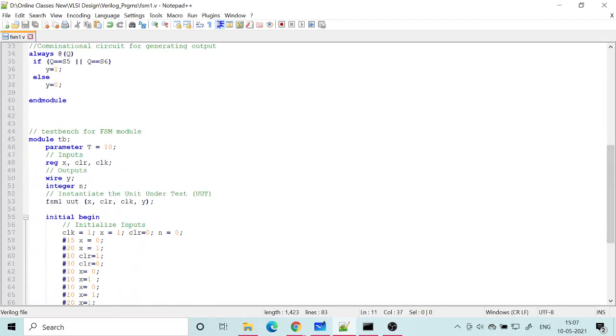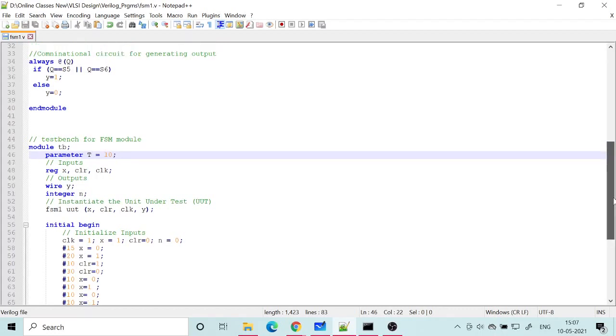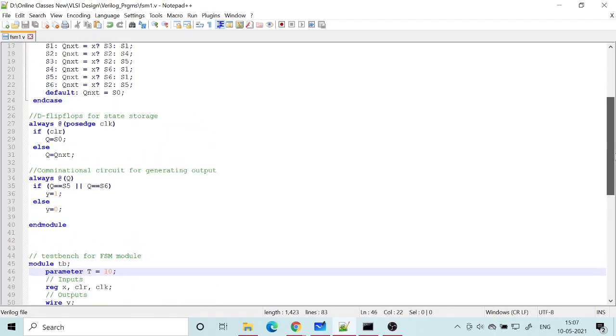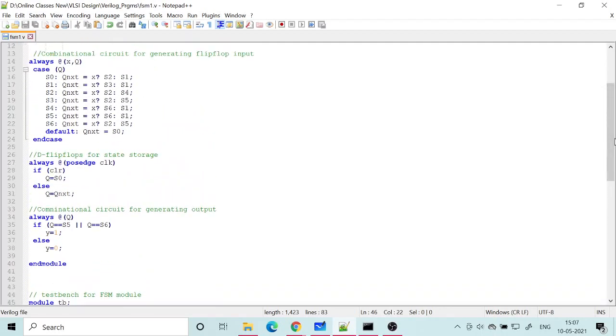Yeah, so this one. The advantage of the difference is that the global parameter, or simply parameter, you can change whenever you call it in a different module. If you make use of a sub module and there is a parameter written in the sub module, you can give a different value to that parameter and then implement the circuit.